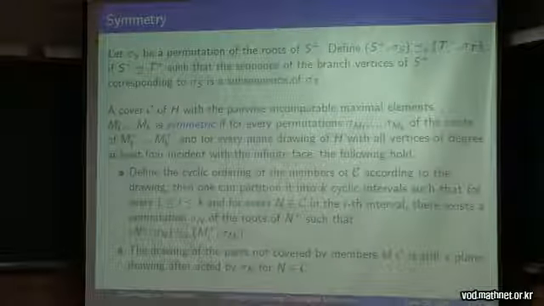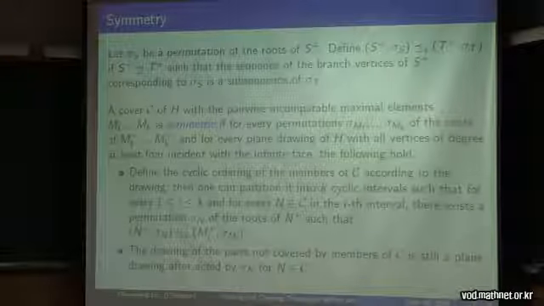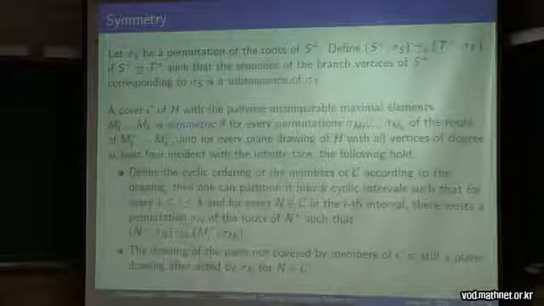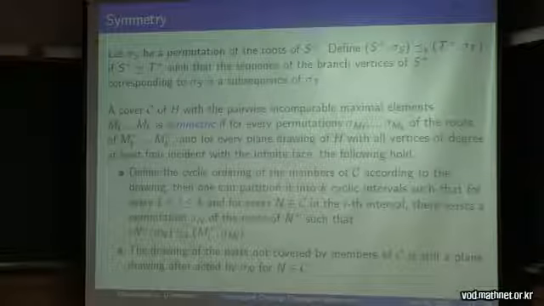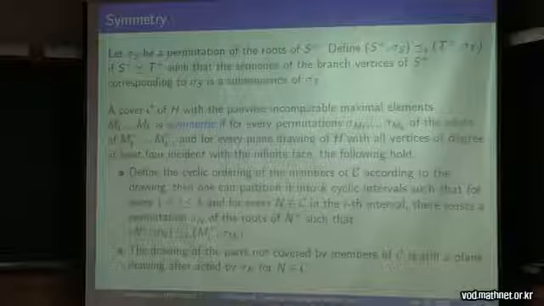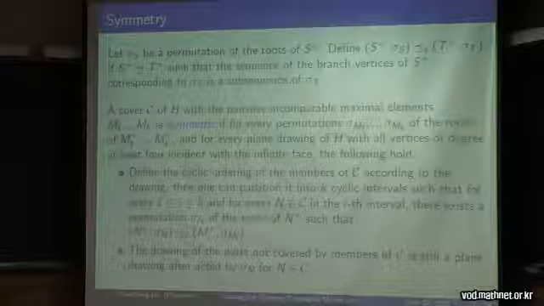So I can find the ordering of the roots such that the maximal element contains this in the stronger version, preserving the ordering of the roots. So for every member here, I can pick Mi and also pick an ordering of the roots of this member. If the cover is symmetric, then I must be able to pick such an ordering such that